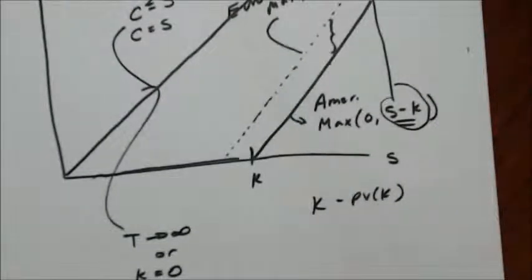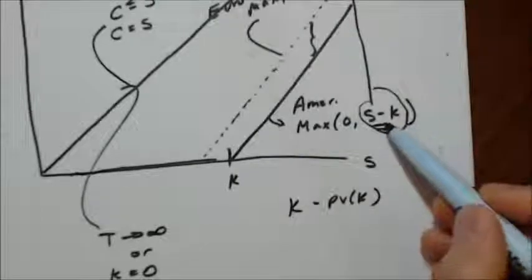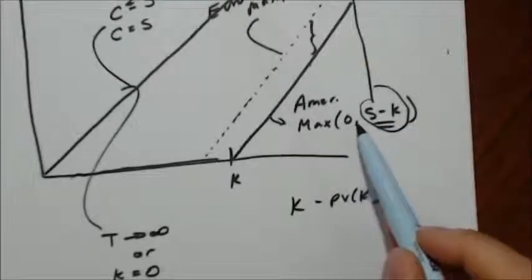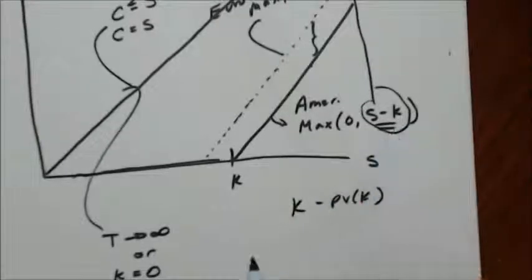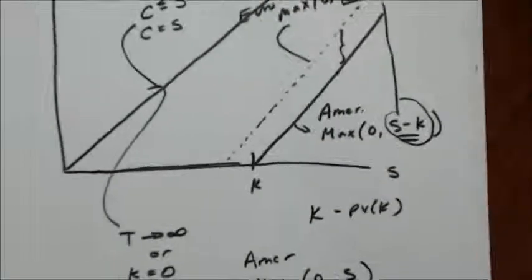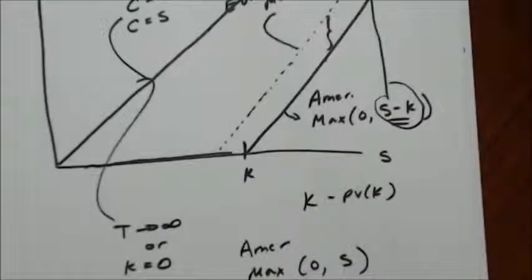Now, how does that work? How can you get that? How can I say that? Well, go right over to the math here. What happens? Let's look at the American option. What happens if I plug in a K of 0 for the American? I say it's the maximum of 0 or S, right? It's the maximum of 0 or S, which means